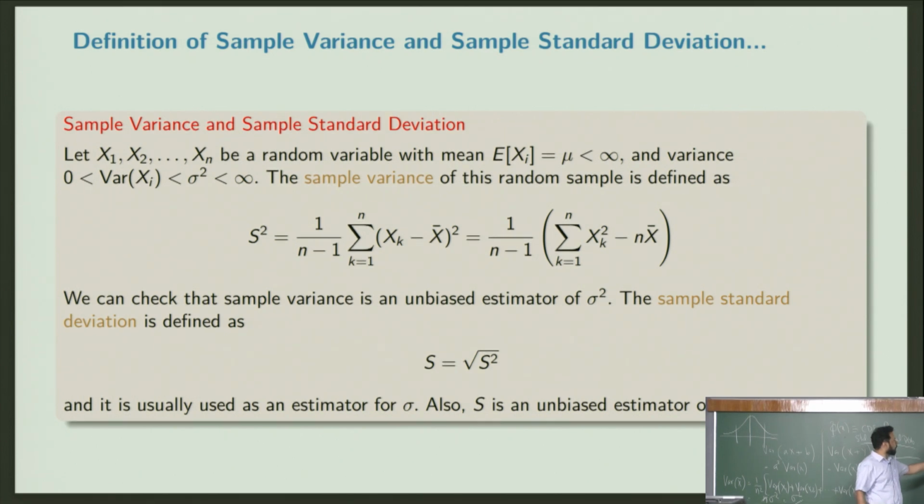If you put n, then it is not exactly unbiased. With this small trick where you just have n minus 1 rather than n, you can prove that the bias of this sample variance is 0. So that's very interesting. You can see this.